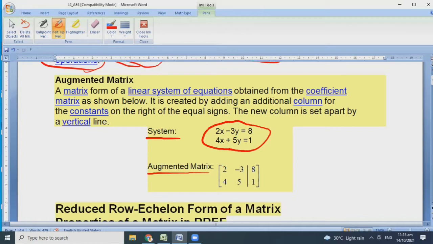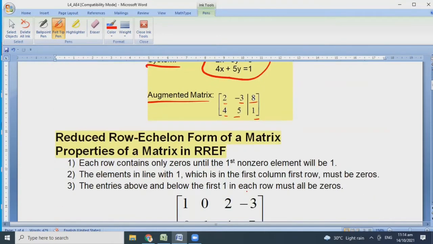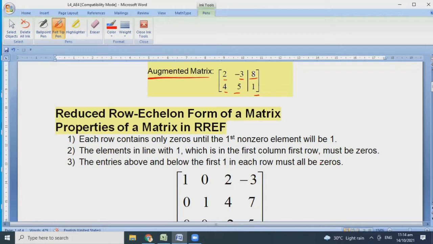So what you will do when you are asked for the augmented matrix is just separate all the numerical coefficients, even the constants, from the variables. So I copied 2, -3, then 8, 4, 5, 1. That's all. Then the reduced row echelon form of a matrix is a kind of matrix wherein you will set all